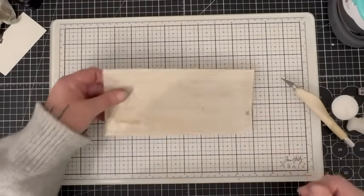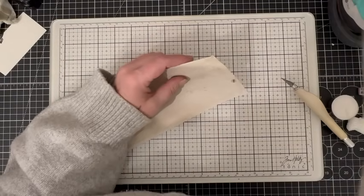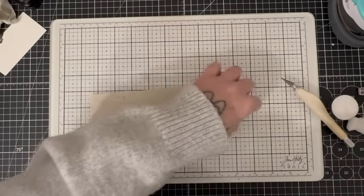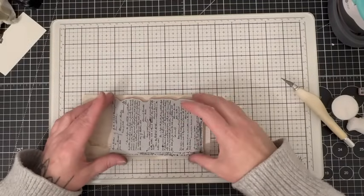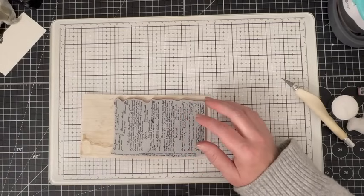Because I love graph paper. Right, I'm going to take this little smidgen off of this end. And I'm just going to grab my scissors because I can't be bothered to get out my trimmer. And this one, I'm going to use, I think it's called entomology, because I want to use this one because I love it. And I think we could put this here like that. Except I'm going to need a big stamp block because,